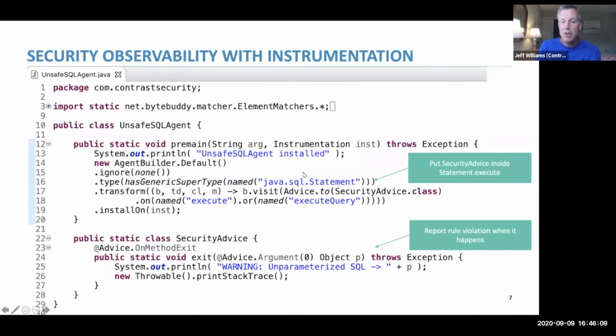In this example, it just says instrument the Java SQL statement executeQuery method or execute method. Those are the methods we're interested in. And when those methods run, this security advice is just going to log a message that says, hey, you're using unparameterized SQL. It'll show us the query and it'll print the stack trace so we know exactly where that happened.